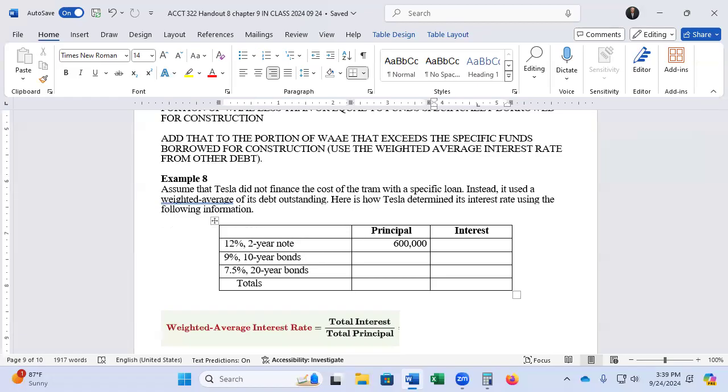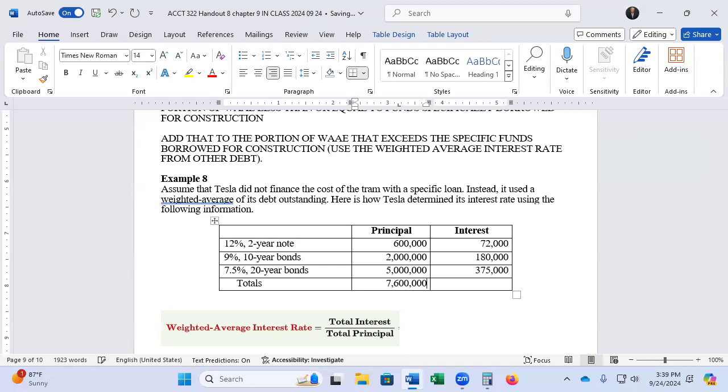The interest, 12% of $600,000 will be $72,000. 9% on 10-year bonds, this is $2 million. And so the interest, 9% of it is $180,000. And then your 20-year bonds, $5 million. And the interest is $375,000. So we take our totals,